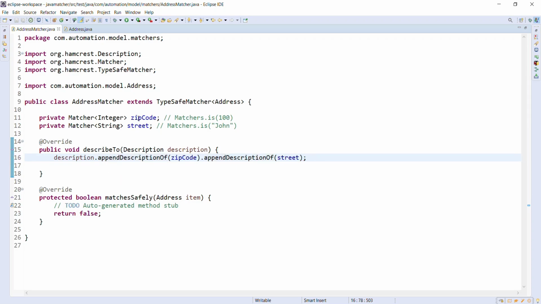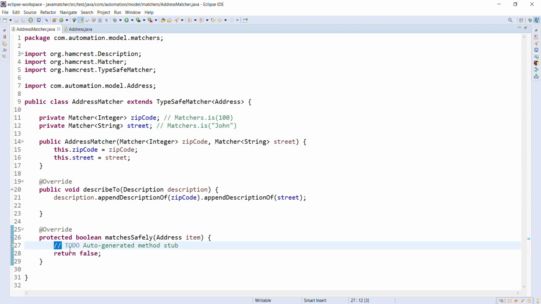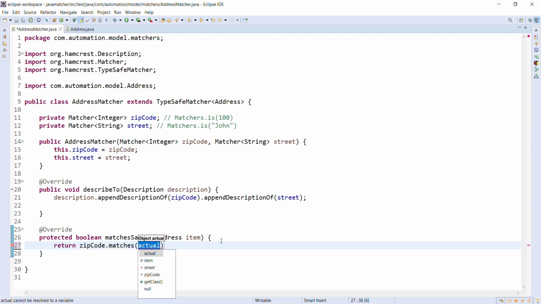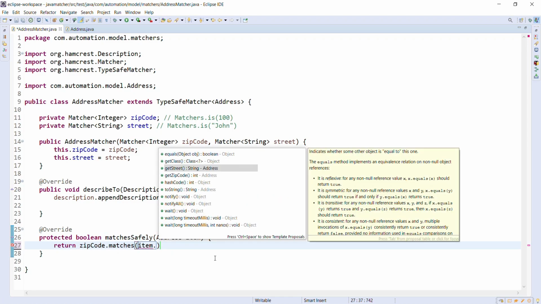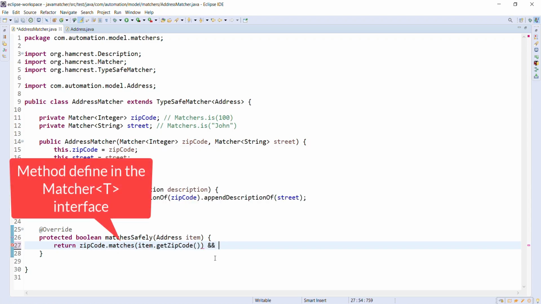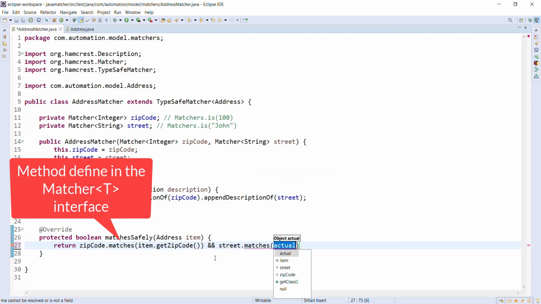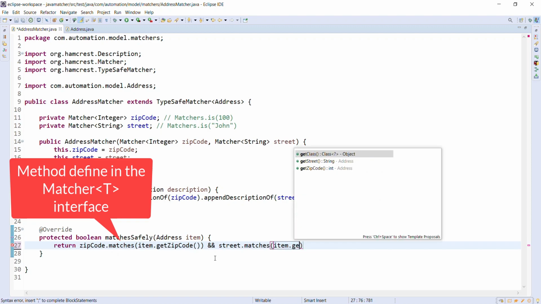Now in order to initialize these two properties, I'm going to create the constructor. And then we will provide the implementation for this method. We know that the matcher has a method called matches, so I will use that method. So return zipCode dot matches, and using the item we can get the actual object, so getZipCode, and in a similar manner for the street: street dot matches item dot getStreet.